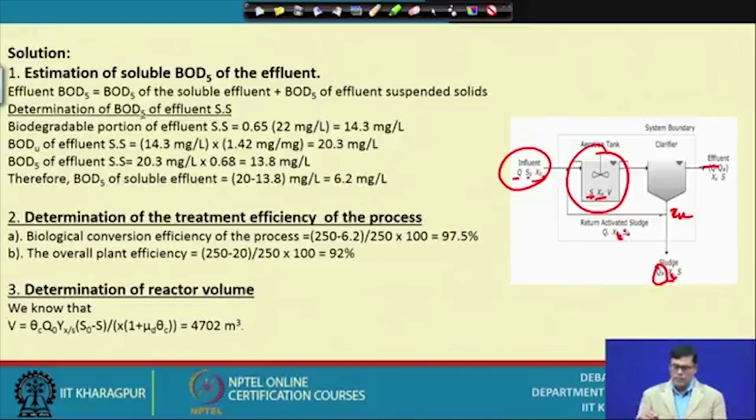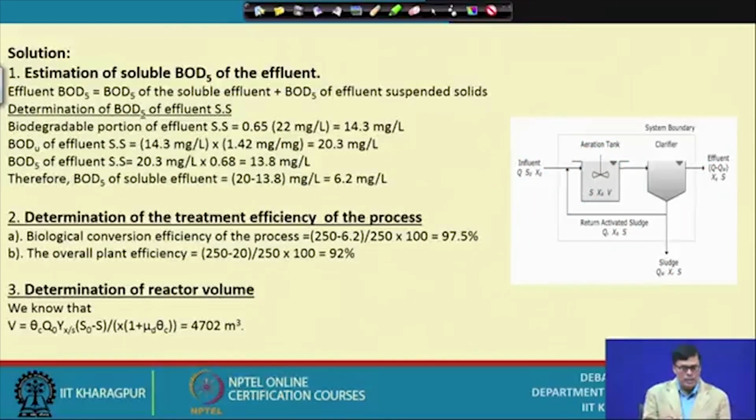This is wrongly given. So, now let us see how we can solve this problem. What is the purpose of this activated sludge process? The purpose of the activated sludge process is to remove the soluble organics present in the wastewater. Now, how can you remove that? Your organisms grow in the wastewater and convert the soluble organics to insoluble organics and carbon dioxide. Carbon dioxide will go out of the system, and cell mass remains in the system, that we can easily separate